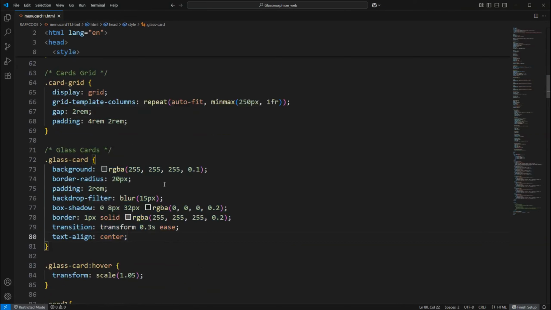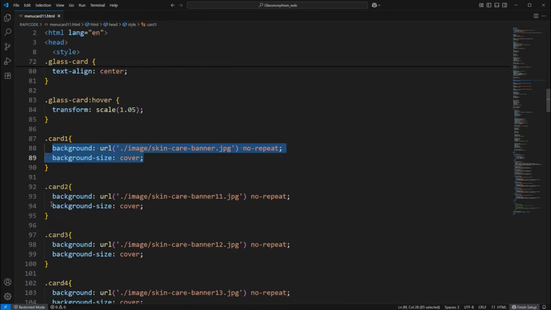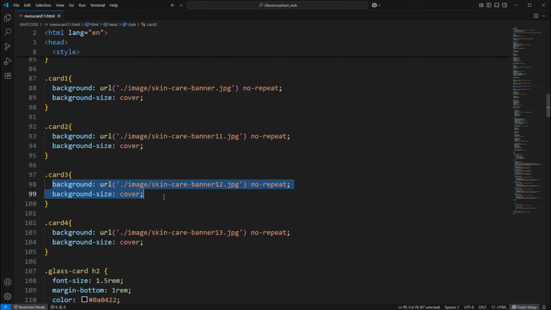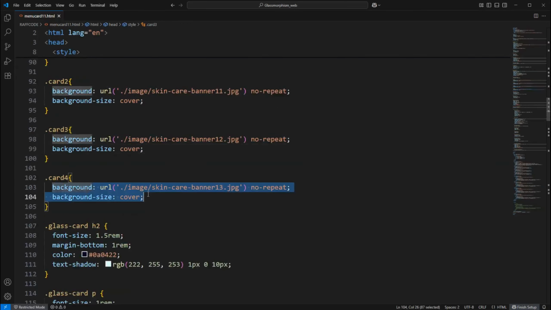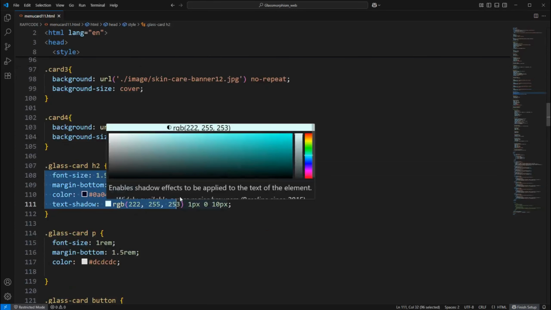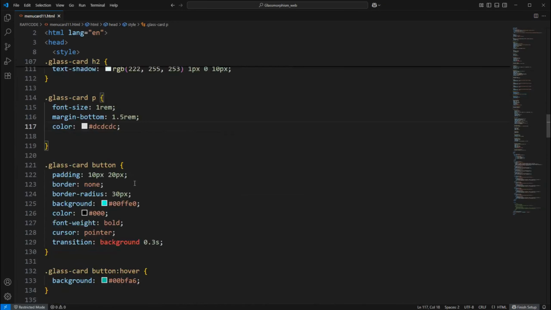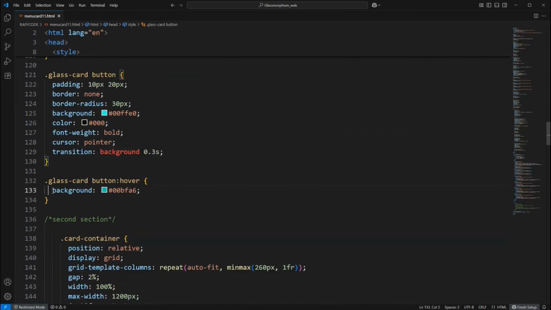cover the full viewport. The .navbar section defines a flexible header with display flex, justify-content space-between, and align-items center, ensuring a horizontal layout with items at the edges, applying a background image, natural skin care banner 4.jpg, backdrop-filter blur 10px for the Glassmorphism effect, padding, position sticky, top 0, so the navbar remains fixed at the top